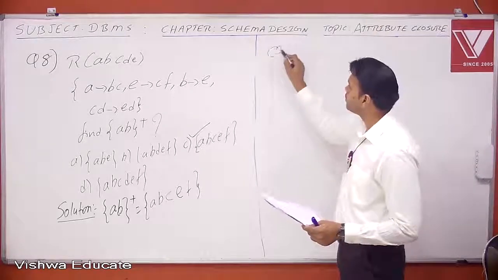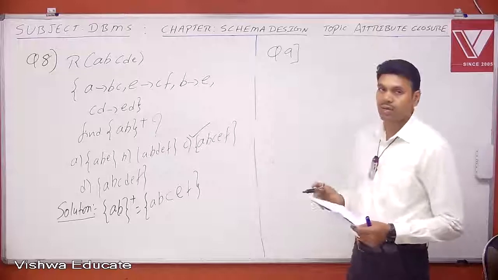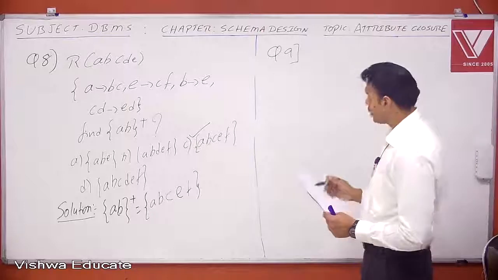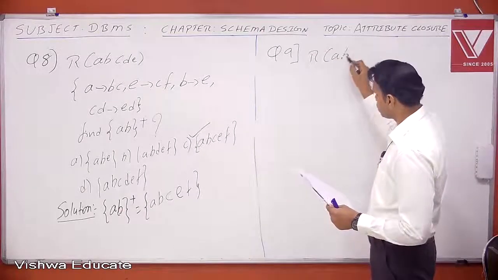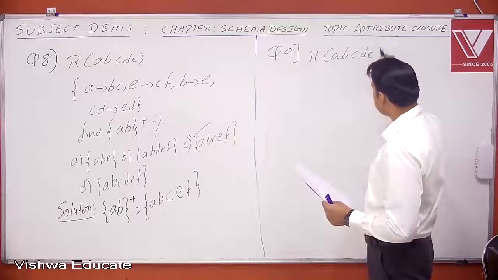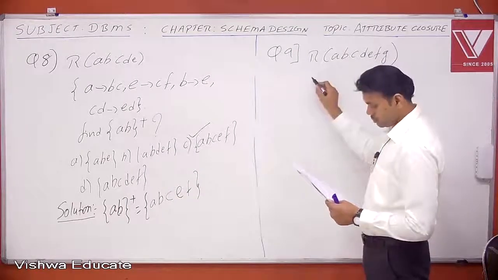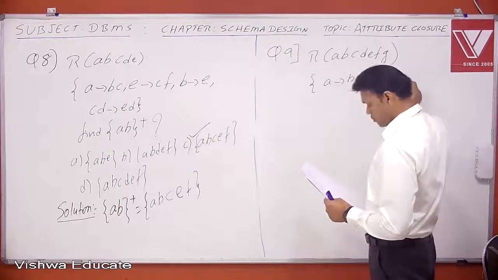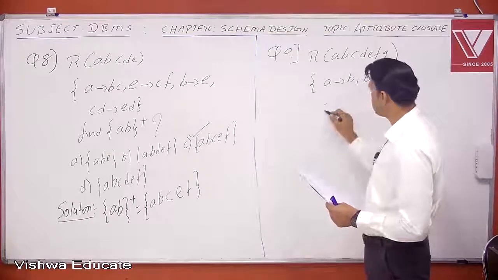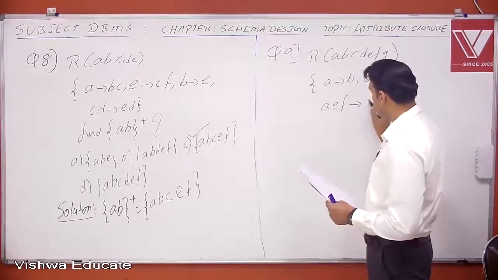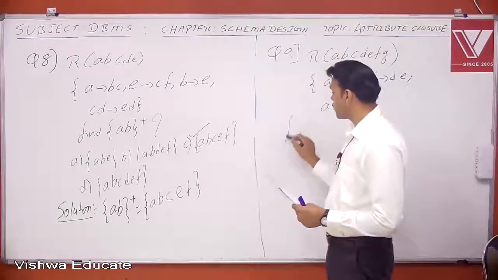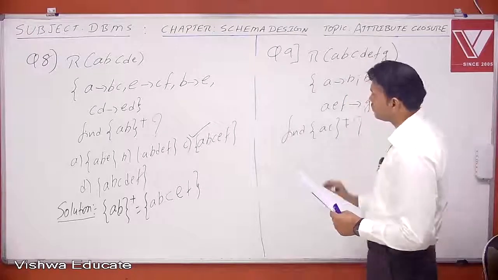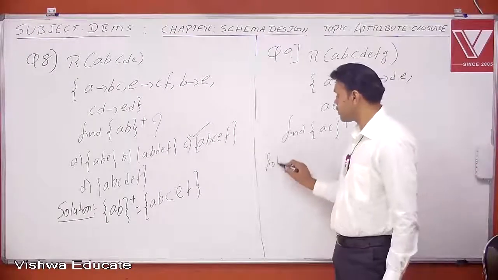Now let us do question number 9 of your classroom workbook, which is a part of attribute closure. So the question is like this. He is asking, find AC closure. So the solution,